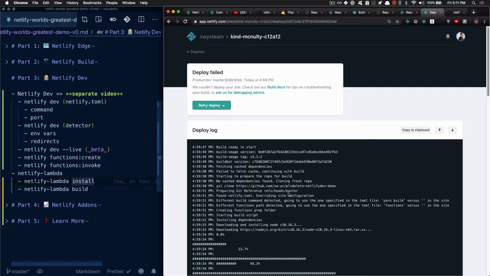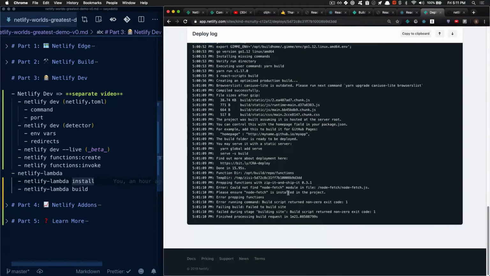Here's an example of a failing build because node modules are not installed. I just wanted to give you an idea of the kind of error that you'll get if the node-fetch module is not installed in the project. So basically, you have to cd into each function and install the dependencies, and that's how you deploy function folders